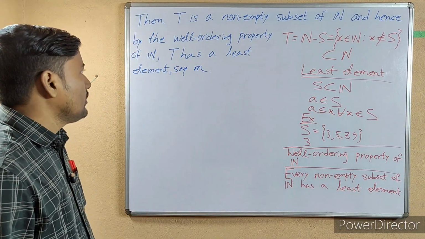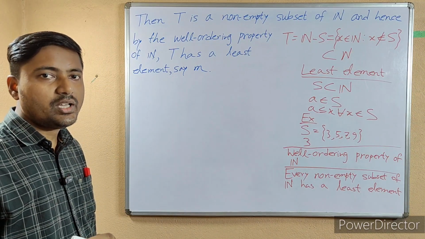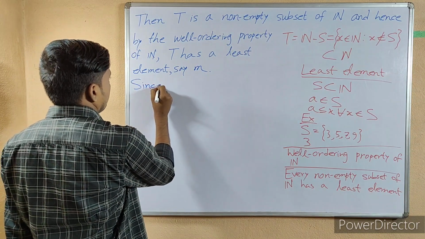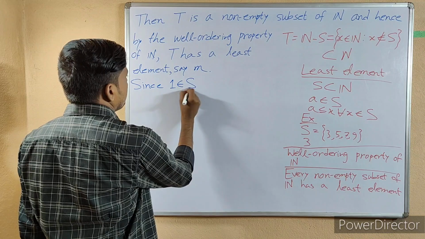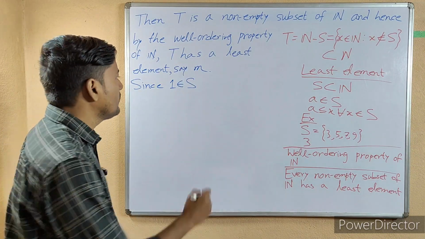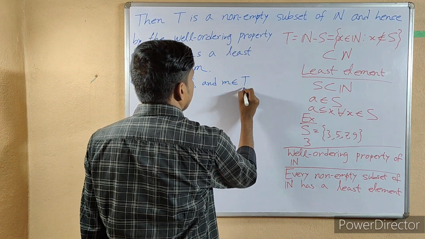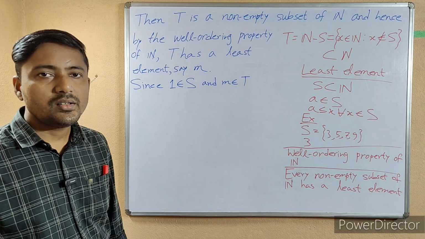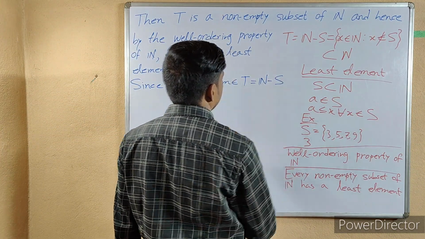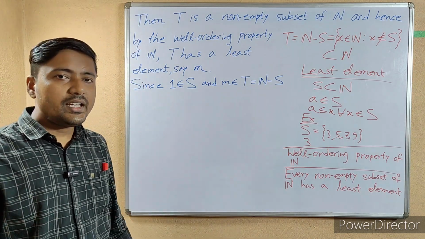Now from the first given condition, we have 1 belongs to S. Since 1 belongs to S and m belongs to T, and T is equal to N minus S,